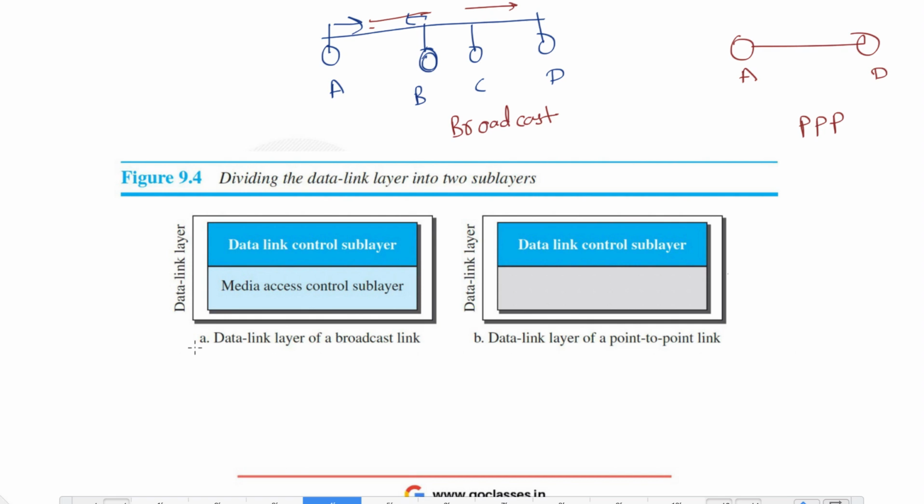In the case of a point-to-point link, we do not need any protocol, or you can have a very simple protocol. I mean, if two persons are talking, then there is no complicated protocol that you need. If there are multiple persons or a group of persons talking, then you need very specific protocols that allow only one person to speak at a time, so that there is no collision, right? So in this video, we will be studying this media access control sublayer and the protocols needed to access this broadcast link.